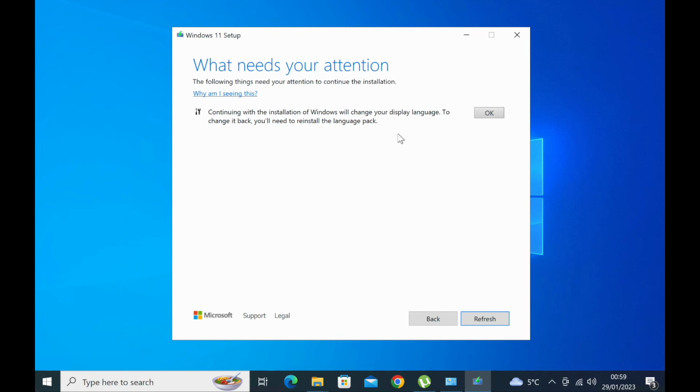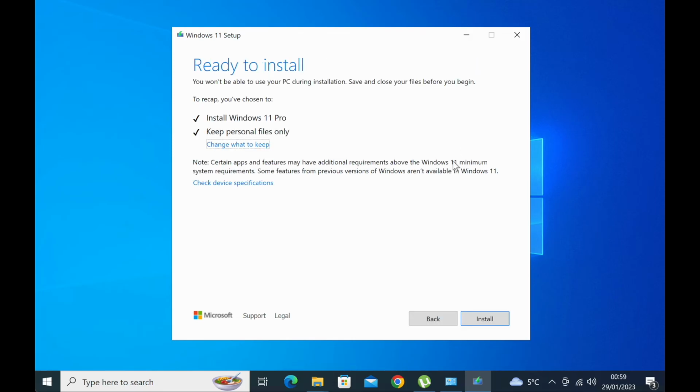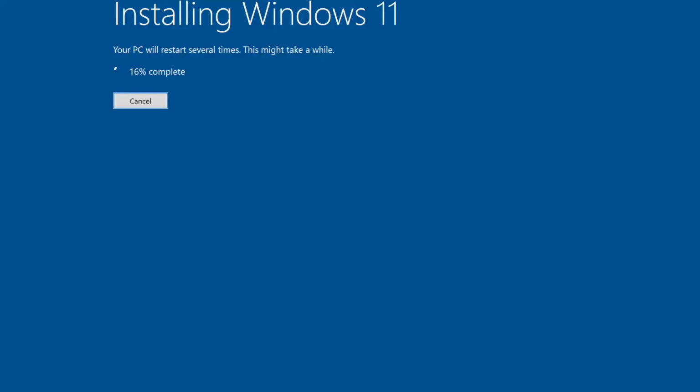And the second one is for the display language, so that should be fine as well. We will click OK. Okay, so it's now ready to install, so I will click on install, and I will see you in a few minutes. Pulling at the moment 16%,